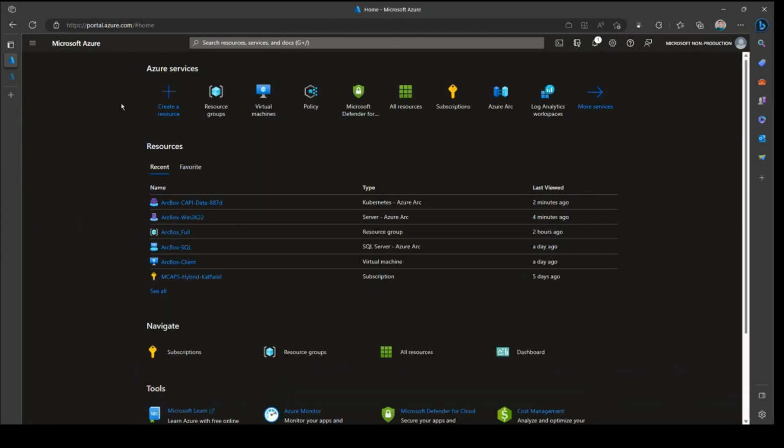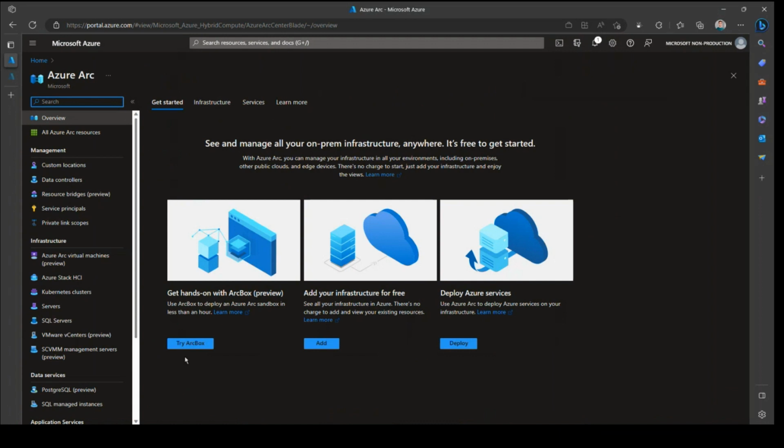So yeah, you can go to Azure, and Azure Arc is not a service that you need to enable. It's just enabled by default, and you can onboard servers and clusters on top of that. So if I go over here and search for Arc, or I have it already over here, I can go there, and you see there is this Try Arc box as well. Somebody mentioned that they are planning to deploy Arc. You can try out this Arc box.